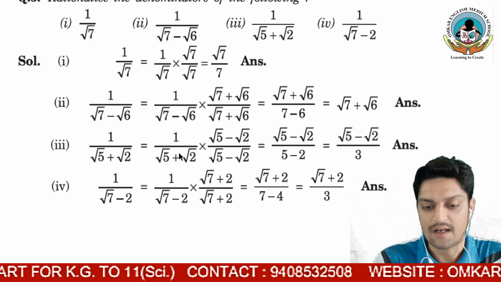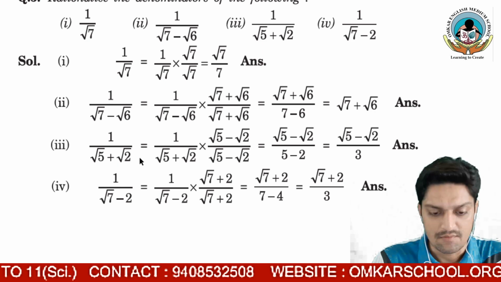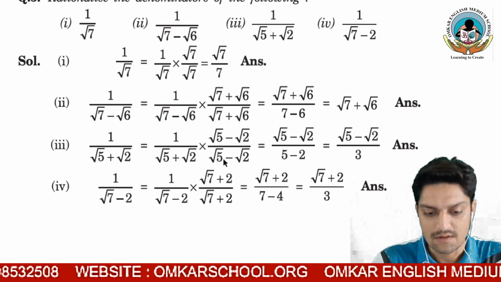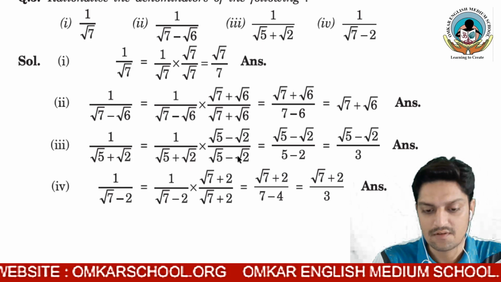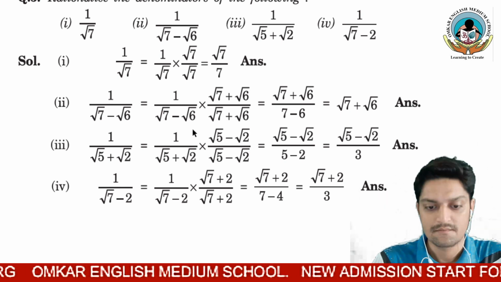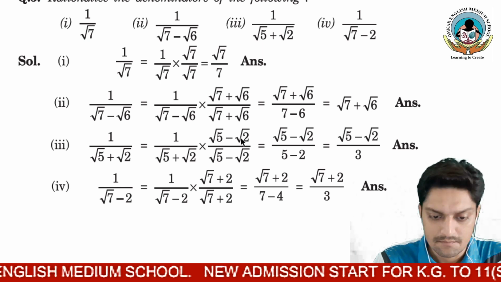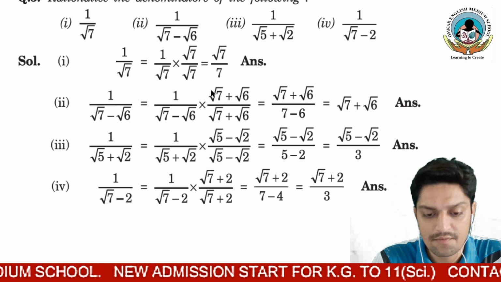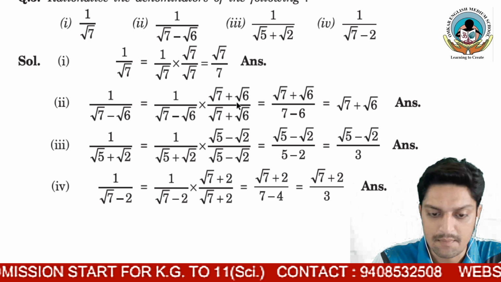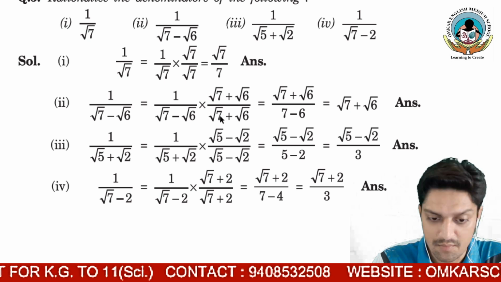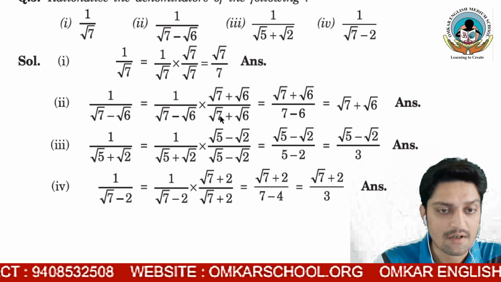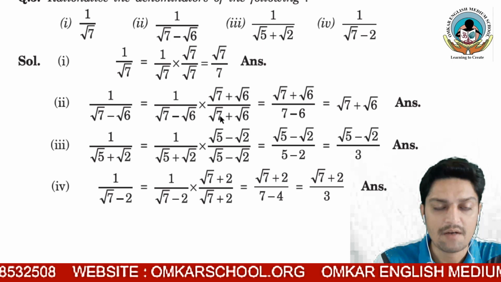Okay, one more example, here you can see root 5 plus root 2. So here there is plus sign, root 5 plus root 2, so here should be opposite sign, root 5 minus root 2. Okay, so now root 5 minus root 2, here the same sign we have to multiply upside and downside both, because as we have discussed, you cannot multiply in only denominator or in only numerator, whatever the things you people are doing. So you have to do both side, upside and downside both.